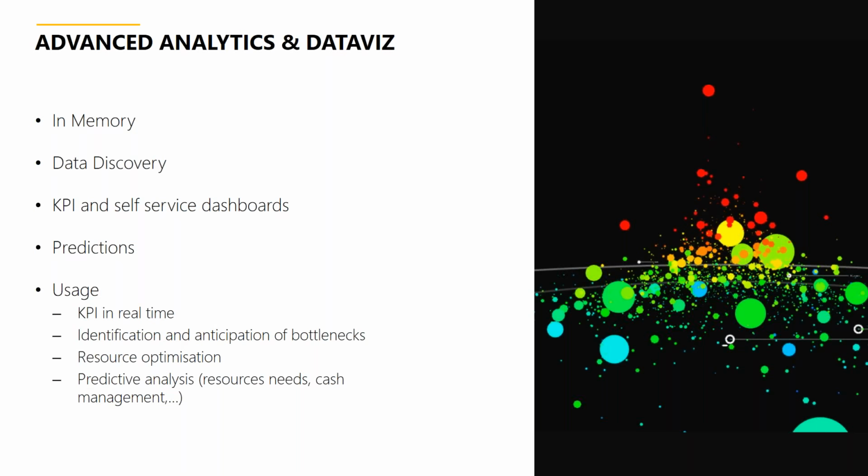So this can then apply into other areas like bottlenecks. How do you identify these? Or, more importantly, how do you anticipate that they're going to happen? Might be based on holiday time. We're coming up to August when a lot of people go on holiday. And therefore, how do we understand the correlation between, is that a busy time of year for us and therefore we need more staff? Or is it quieter and therefore we're going to be okay? How do we resource correctly for that?